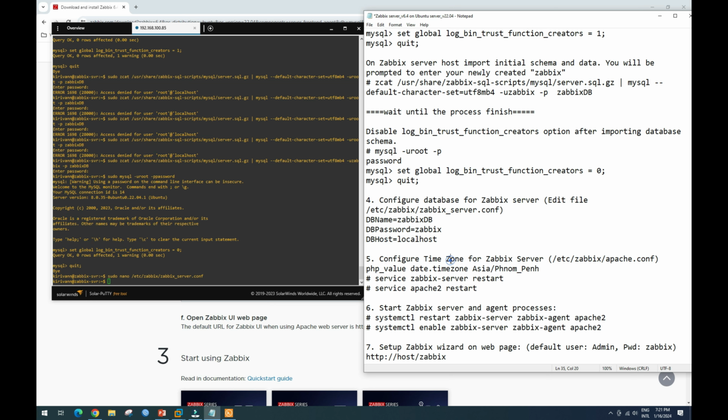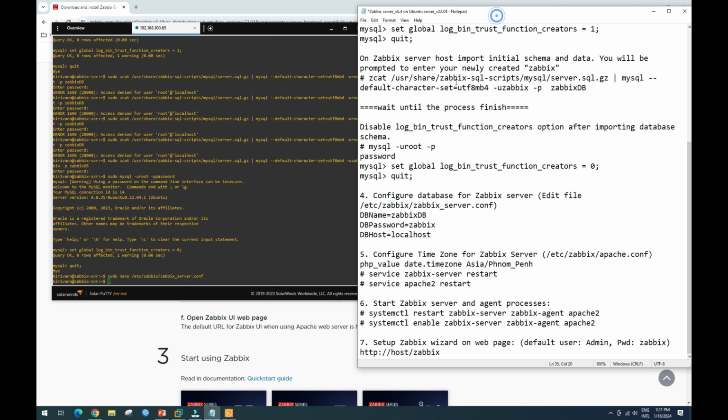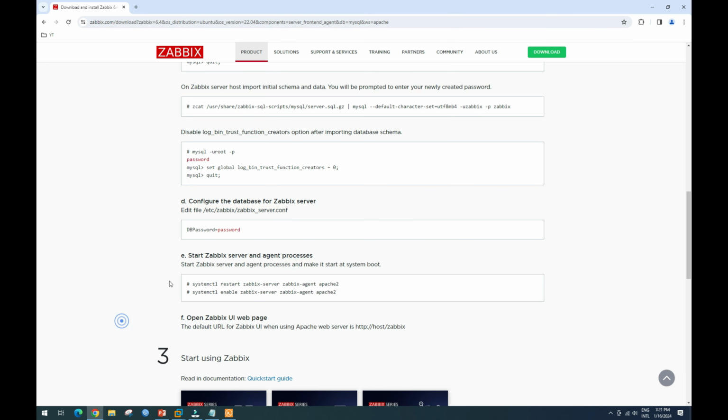Okay, so after that we go to this part. This part in Zabbix no have Zabbix guideline, only this. We edit this one and we restart our Zabbix server, and we can log in by web. But